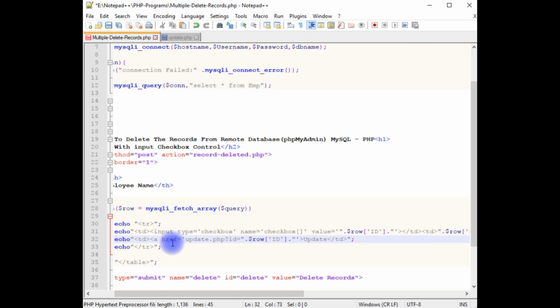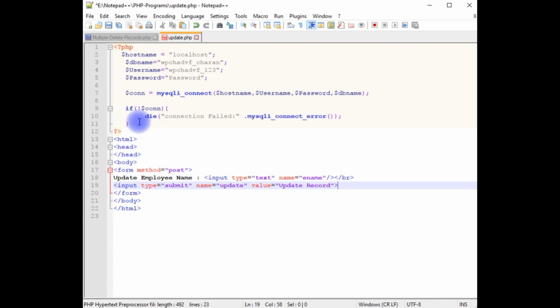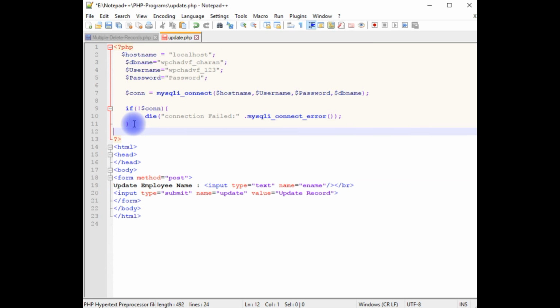Now we have just added the href link to visit the update php file. Now we'll write the